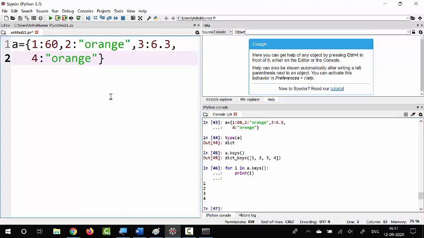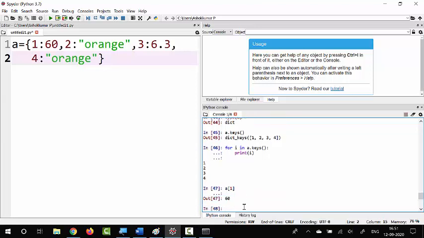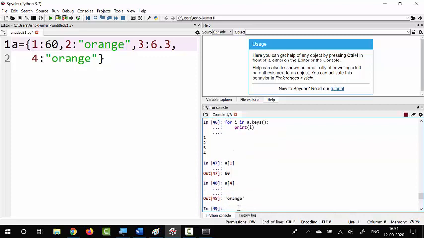Each value can be accessed using its key. Suppose if I give A of 1, it will give 60 because 1 has the value 60. What about 4? A of 4 will give the value orange.